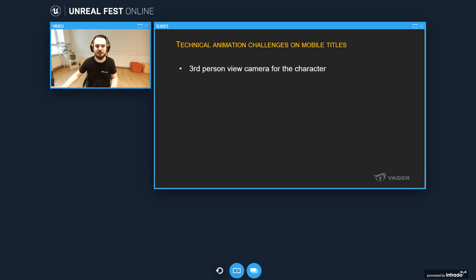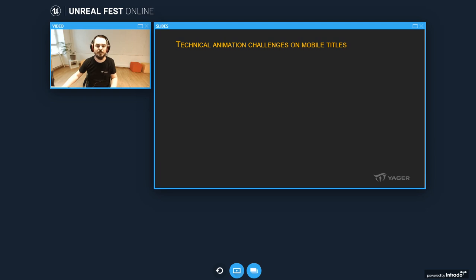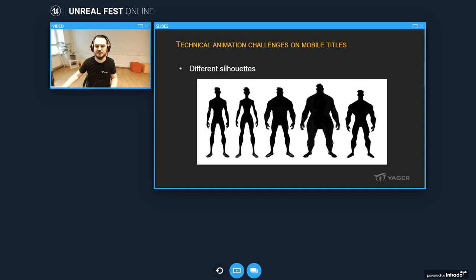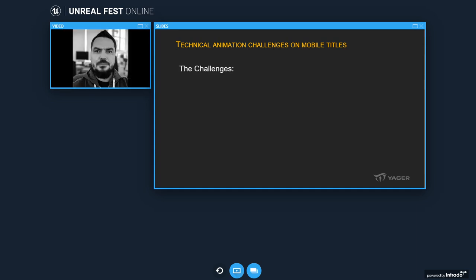So we decided it's going to be a third-person view camera for the character. And also we looked into having various characters with different silhouettes. So taller characters, shorter characters, different proportions and length for the arms, for the legs, wider shoulders, narrower shoulders. And we discovered quite fast